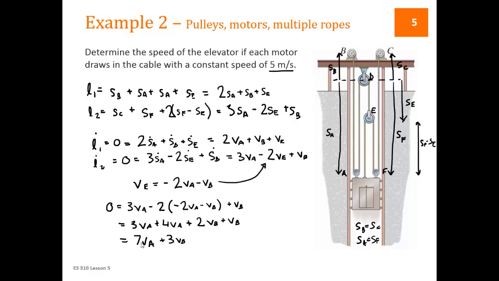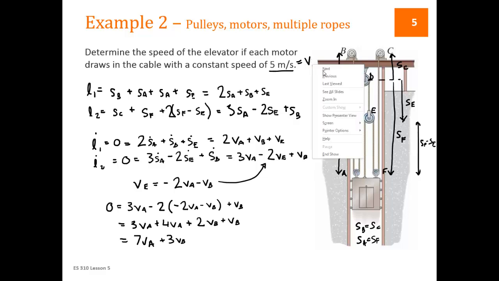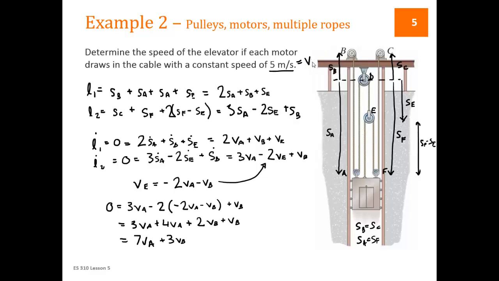So we are given this 5 meters per second is equal to VB. So VA is equal to 3/7 of VB, which is 3/7 of 5, which is